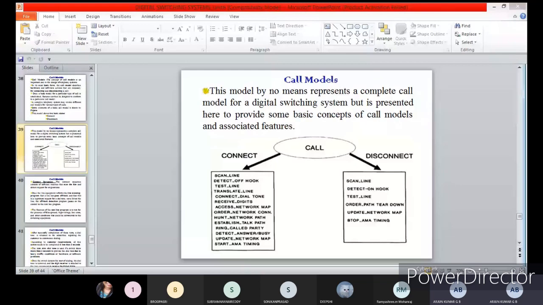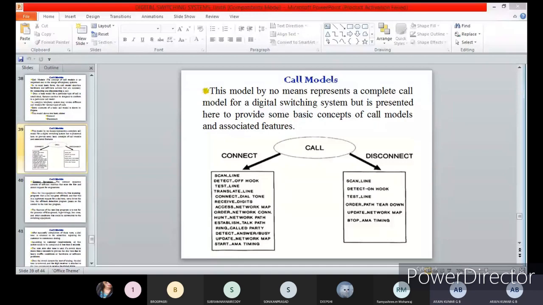Off hook is nothing but an idle condition. Suppose it is in the on condition, then they will immediately send the information that the line is busy with another call. If the called person is engaged with some other call, they will send a message, or a voice message, to the caller that the person is already engaged with another call. That is why initially you first have to scan the request. During the scanning, they will check and identify whether the line is off hook or on hook.